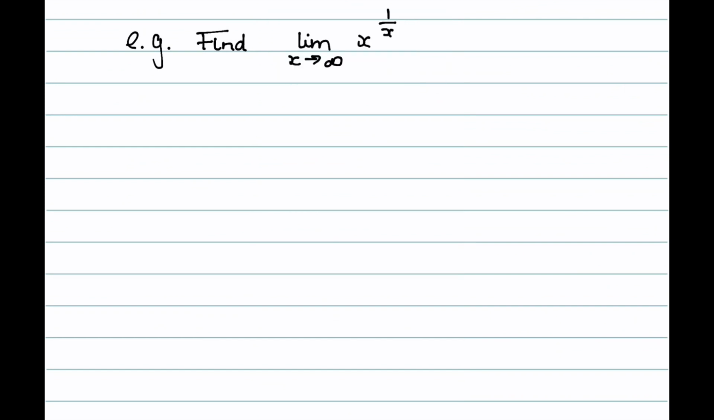So let's look at an example. Say we're trying to find the limit as x goes to infinity of x to the 1 over x. Well, if we just find the limit as x goes to infinity without using L'Hopital's rule, we'll see that this limit is of the form infinity to the 0, which is one of our exponential indeterminate forms, meaning we can use L'Hopital's rule. So let's first define y